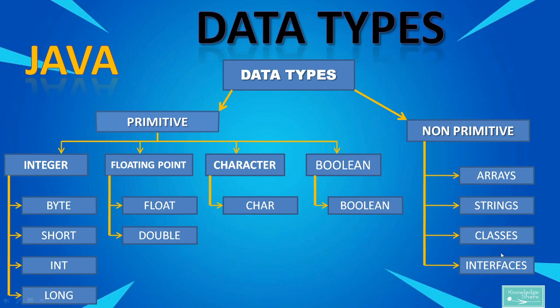Okay. Next, coming to non-primitive, if you want to store the same kind of data in large quantities, like a huge number of employee IDs or roll numbers, in the same container kind of thing, then you will be using these non-primitive data types: arrays, strings, classes, interface, which we will discuss in detail in the further sessions. Now let's see how memory occupation is applicable for choosing these data types.